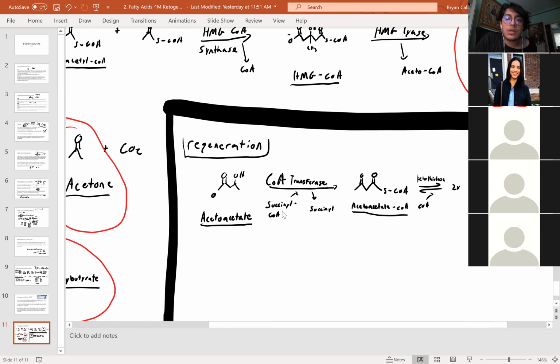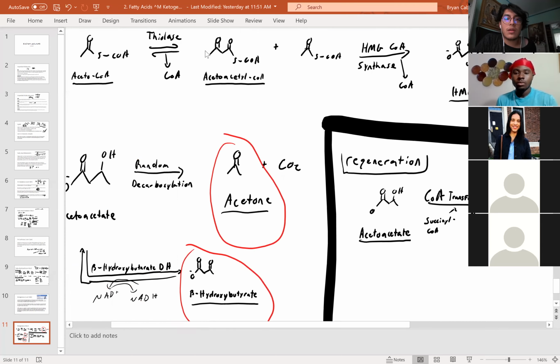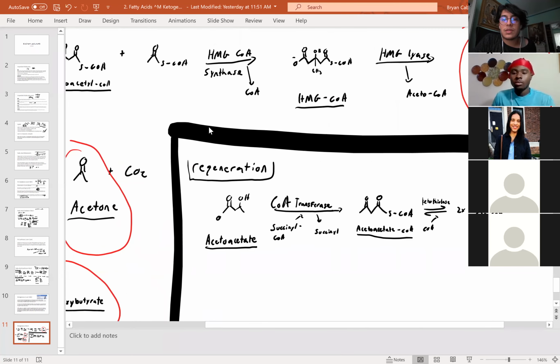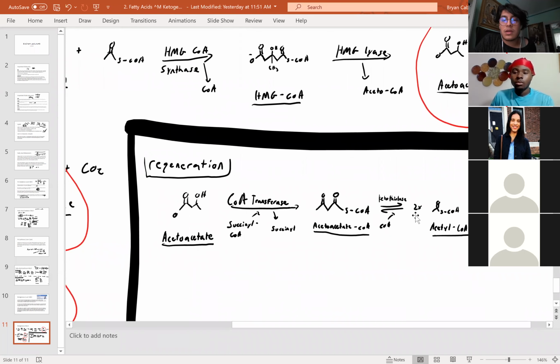Succinyl-CoA is introduced just to get the coenzyme A from the succinyl. The succinyl is taken out. You've effectively added your coenzyme A to your acetoacetate, replacing the oxygen group here. And then once you have this structure, acetoacetyl-CoA, which is basically the structure that we had initially, you're going to be using the same enzyme, thiolase or ketothiolase, in this case,